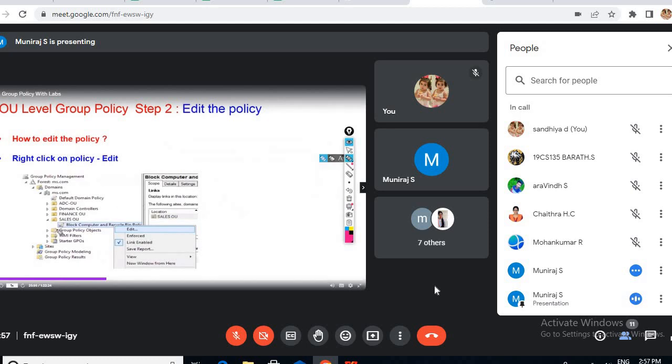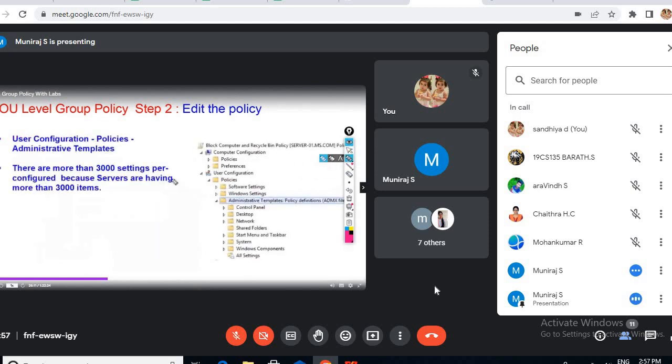So how to edit the policy? This policy is created under the sales OU. You will right click on this policy and select the Edit option. Once you select Edit, you will go to User Configuration. Under User Configuration, you will select Administrative Templates, Policy Definitions. After that, you will select,